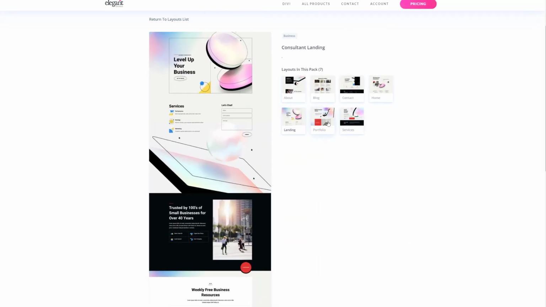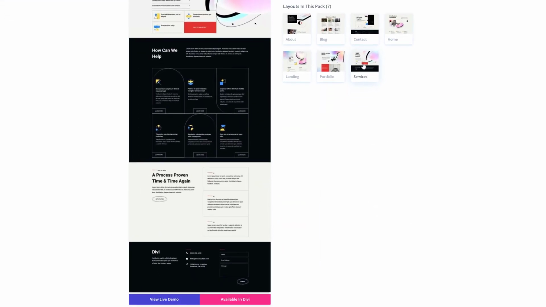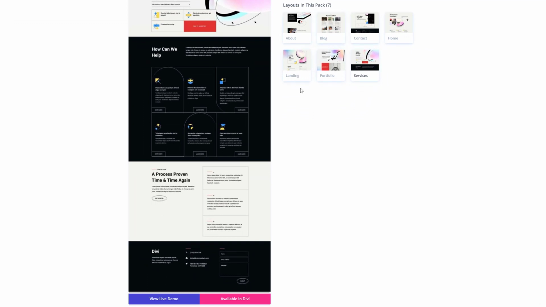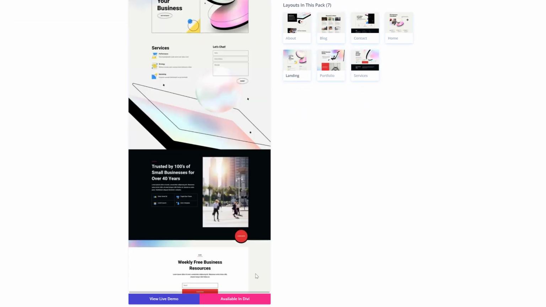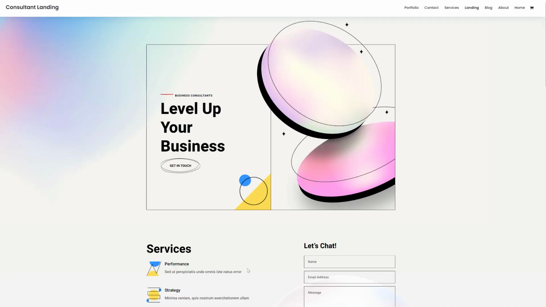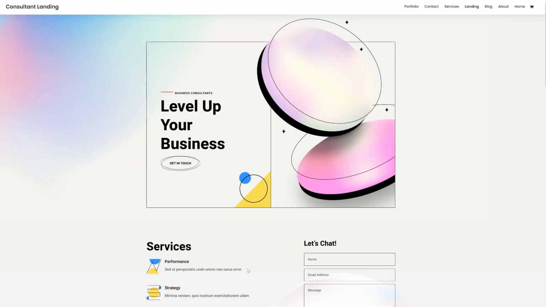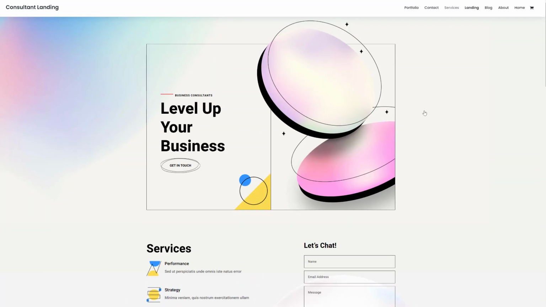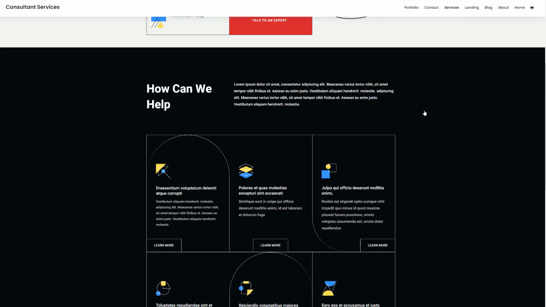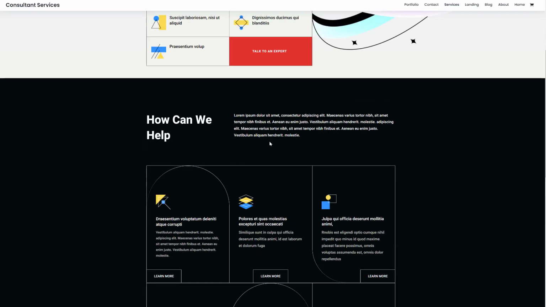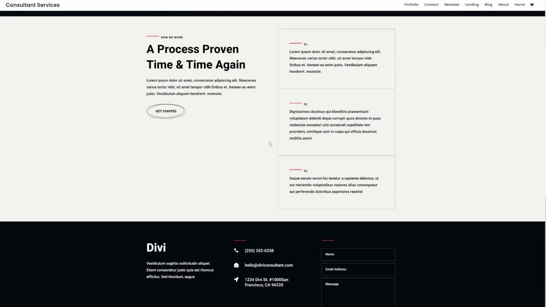If you click on it, you will be able to see all of the different layouts that come with this layout pack, all available in Divi for free, and you can view the live demo by clicking on the blue button. Now this will redirect you to a live website where you can go ahead and discover each and every layout for yourself without actually installing it on your website first. So say for instance you really enjoy the services page and you want to get started with it,